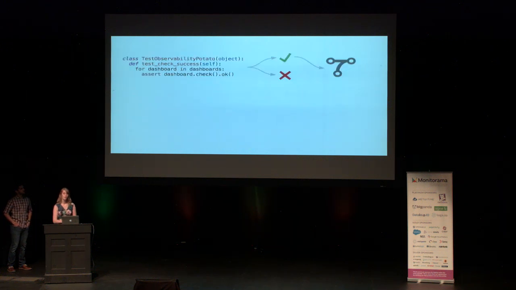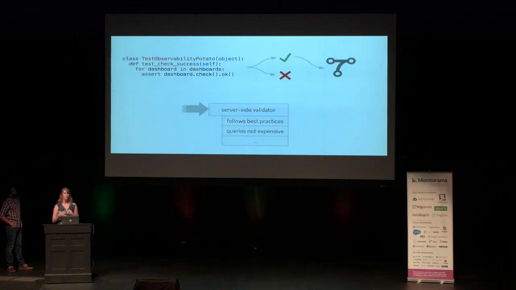Choosing Python for our configurations also let us test these libraries and the users' configs. So basic tests are created automatically now for every single config, and they must pass before the configs can be merged. We also layered on top of this a more robust server-side validation portion, which protects users from common mistakes. For example, not following best practices, or perhaps having too expensive of queries and bringing down other users. Together, these choices have resulted in higher quality and better maintained configurations.